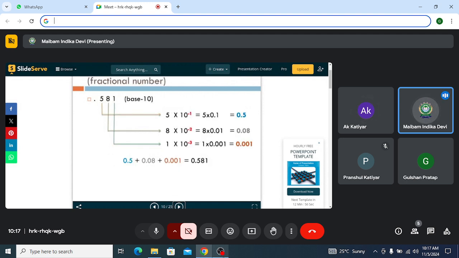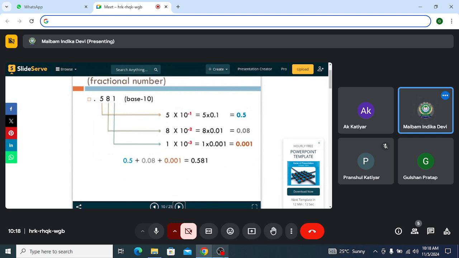Now that is for the non-fractional part, that is before the point, whether it be binary point, octal point, or whatever. For the fractional part, it will be different. Different means the formula is the same, but the powers will be different. Before the decimal point, it starts counting with 0, 1, 2, 3, proceeding towards the left, right to left. Now from 0, if you look at the number line, the reverse side of the positive number line is the negative number line. So similarly, the positions will be -1, -2, -3.